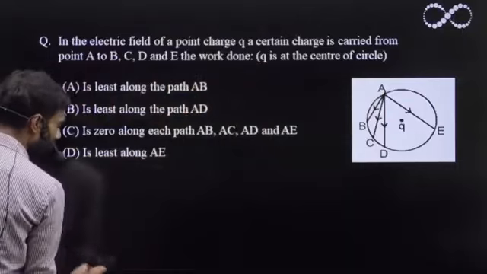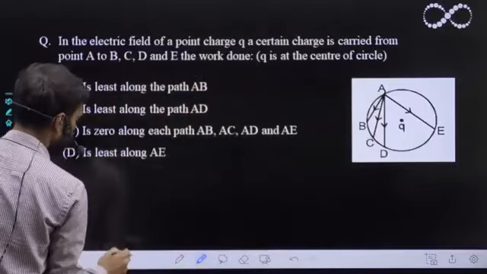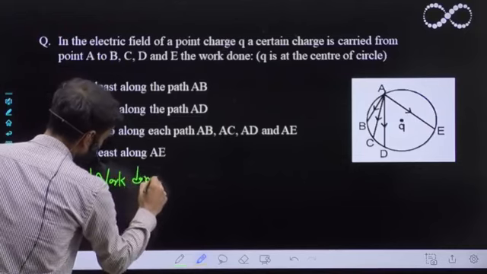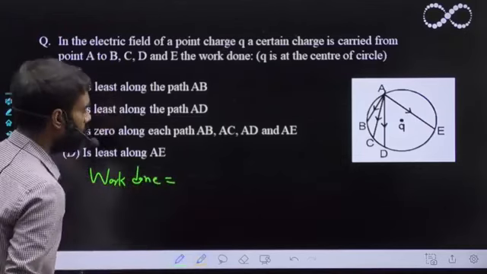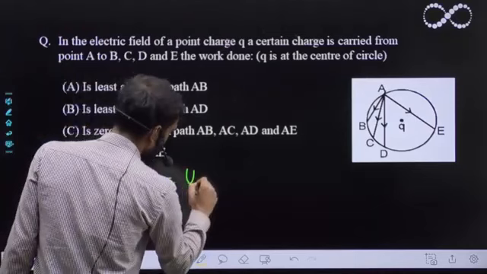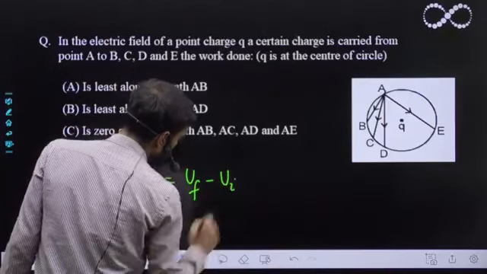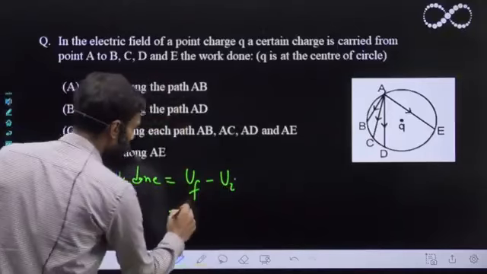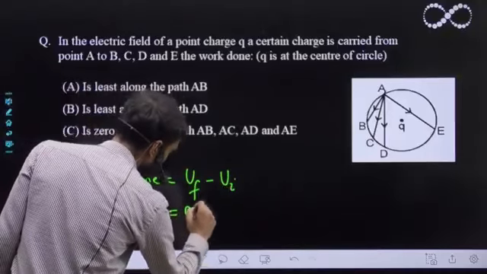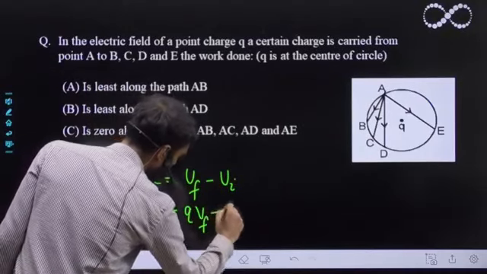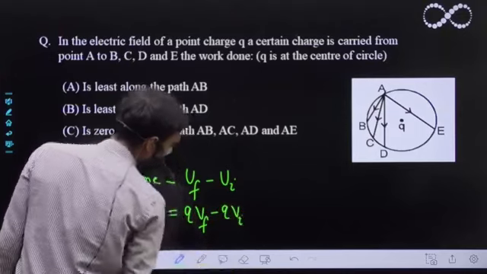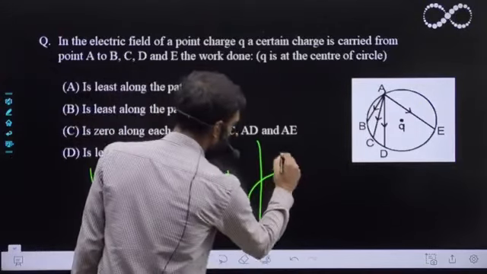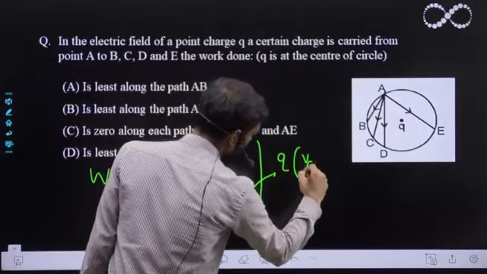As you all know, the work done by the external person, you can say, is equal to the change in potential energy, that is U final minus U initial. So from here I can say the potential energy is equal to charge into potential, so that is q into V final minus q into V initial. Okay. So from here I will say the q can be taken as common and that becomes V final minus